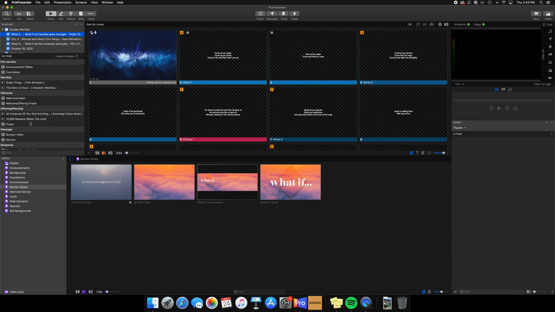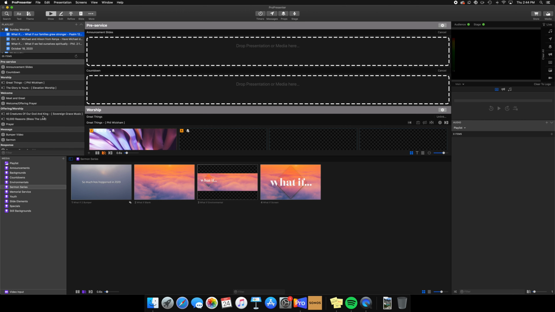So now you can see all the parts that are going to be in this week's service, but you see this little update available button. And this actually links the playlist to Planning Center. So if something were to have changed, like maybe we added a baptism or we took one out, that would be done in Planning Center, and then you want to click this just to update your playlist here and make sure that you have the most